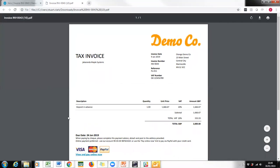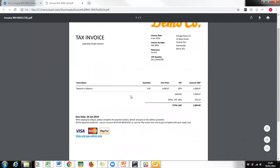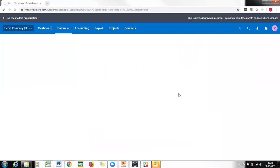Got something there to help you get paid quicker, and you can send your statements as well, and you can format it and put whatever logo you want. So, as I said, you have different branding options as well. So, if I want to edit that invoice, I could go back, change the branding theme, and say, actually, instead of that,